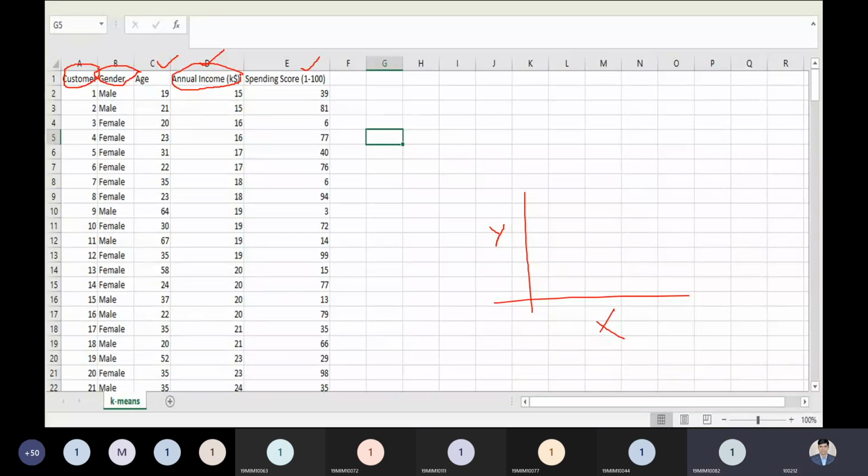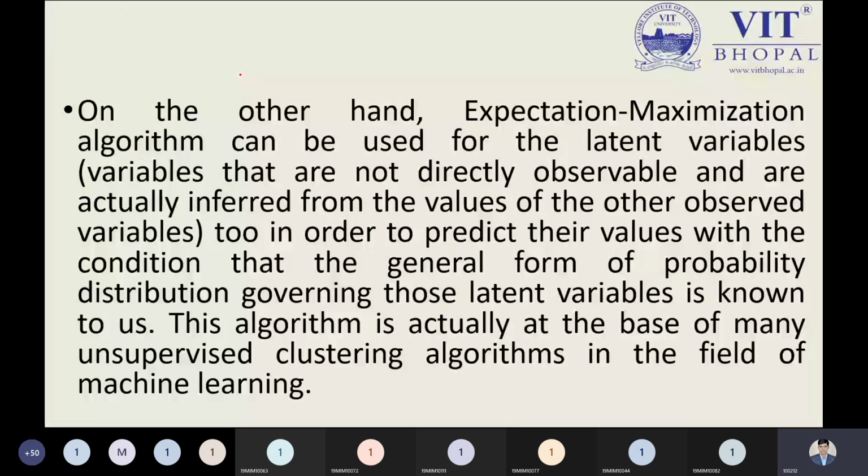Why am I taking all these examples? Because the expectation maximization algorithm is basically a 15 minute concept, very frankly speaking. But we need to understand its fundamental part, where it is coming from, and what are the important things required to understand it. It is totally theoretical, no issue, but we need to understand this theory in a simple way and deeply, so that we can understand the concept properly. So after understanding the observable and unobservable points, let us understand the expectation maximization algorithm.